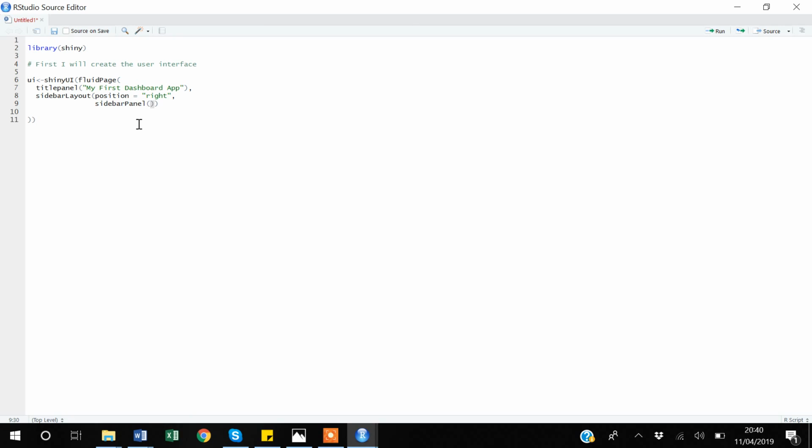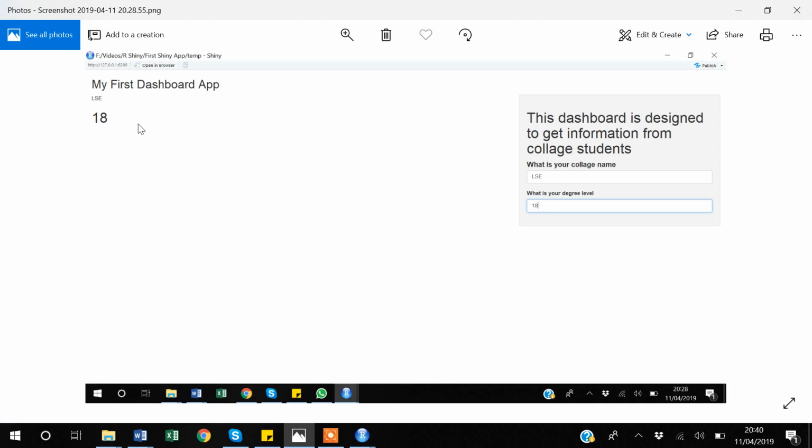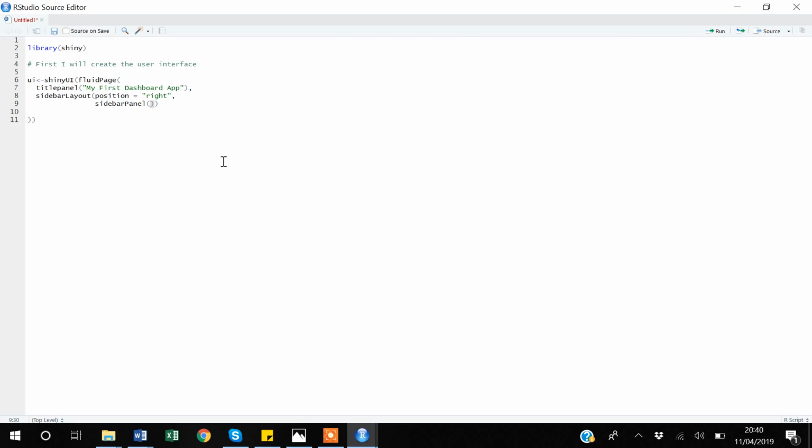So in my sidebar panel, I will be having this text first. I want it to be written in my sidebar: this dashboard is designed to get information from the college student. So I will mention the inverted commas,